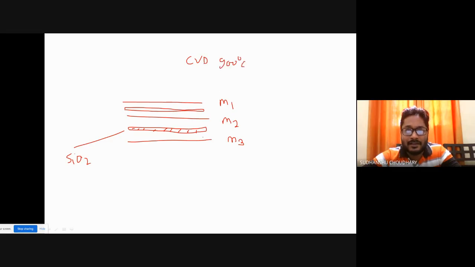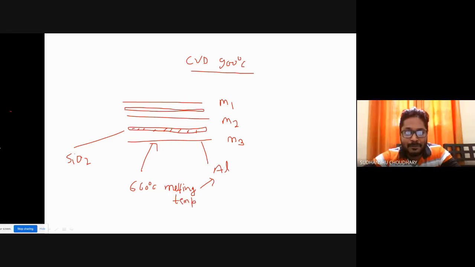right? And these metal layers are normally aluminum, right? Let us say this one is aluminum. That is the aluminum interconnect line, and over this you want to deposit a silicon dioxide layer using the CVD process. The CVD process is conducted at around 900 degrees centigrade, but the problem is that the melting temperature of this aluminum line is somewhere around 660 degrees centigrade, so aluminum wire has a melting temperature of 660 degrees centigrade.